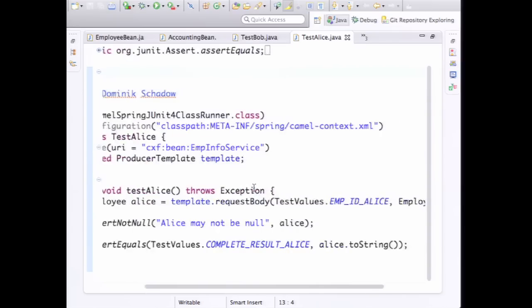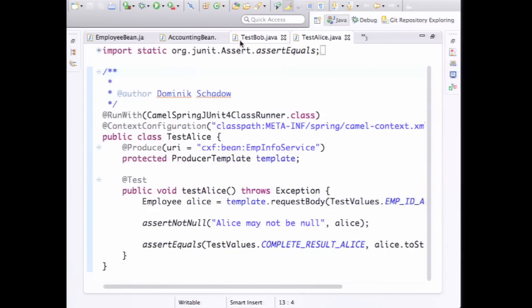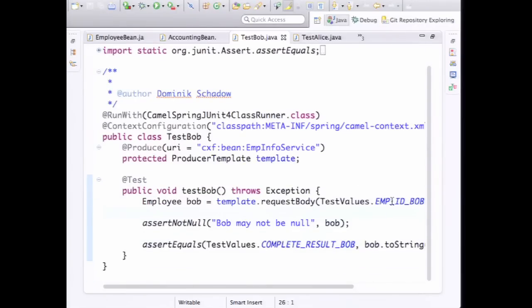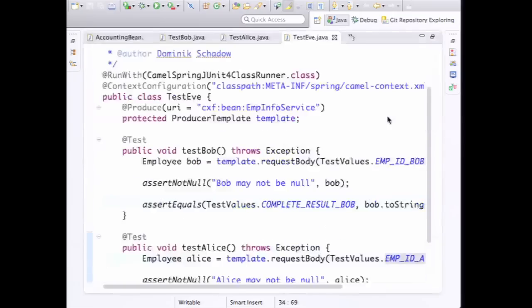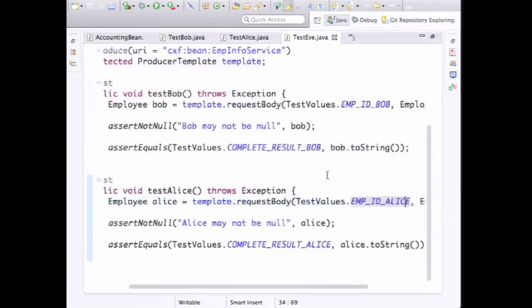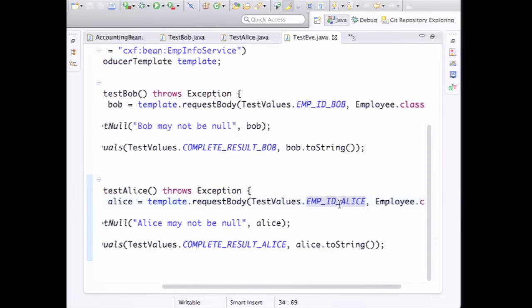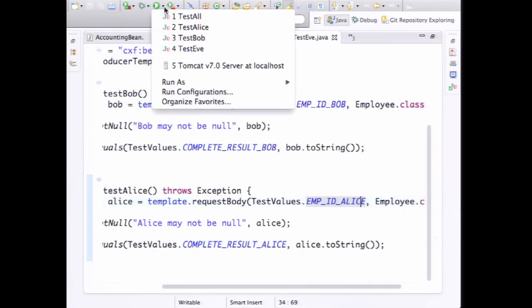We have Alice, which calls with her ID, and we have Bob, which uses his ID, and of course we have Eve, and since an ID is easy to get and provides no security, well, she knows the ID of Bob and knows the ID of Alice. And if we fire that up,